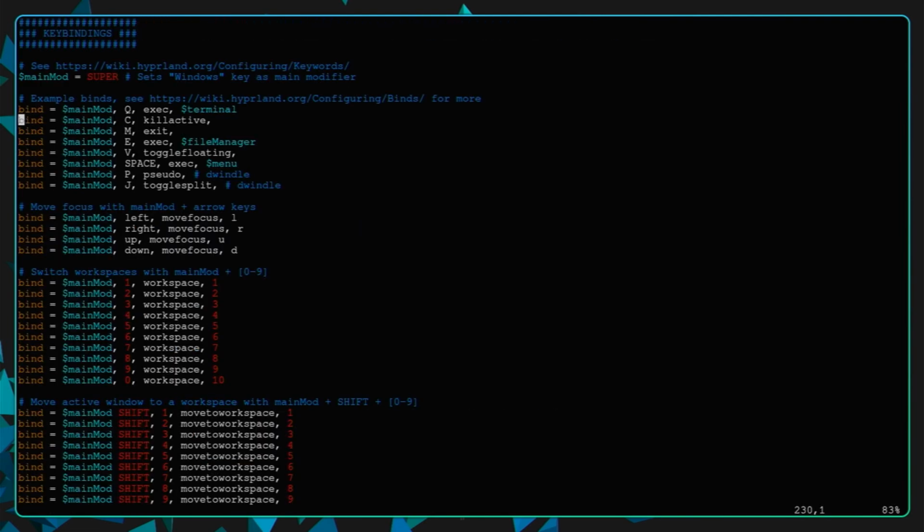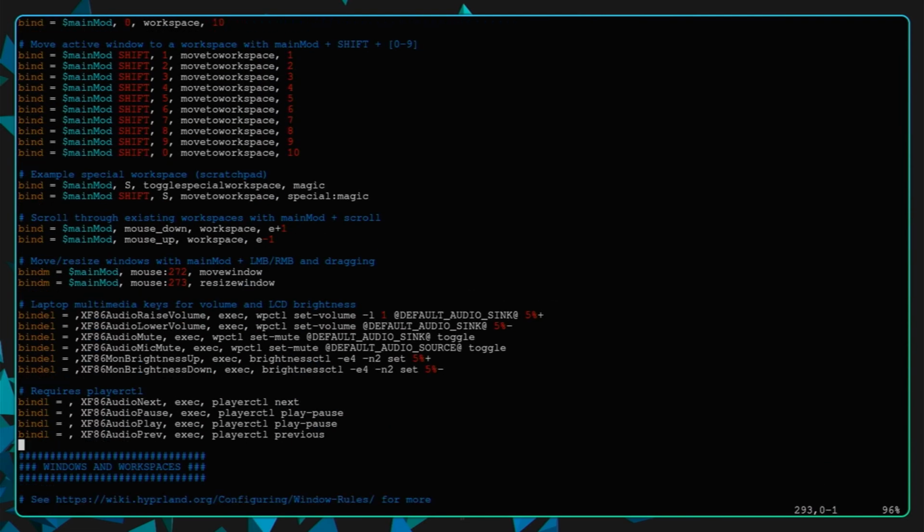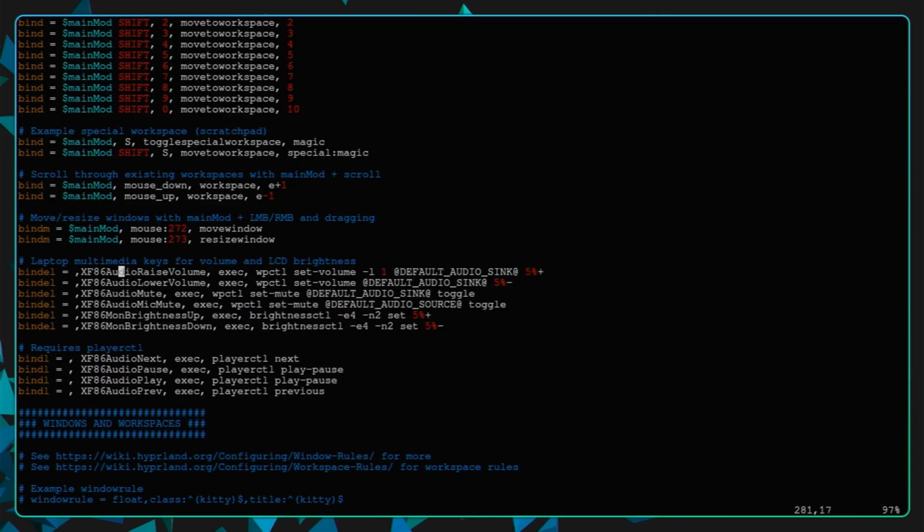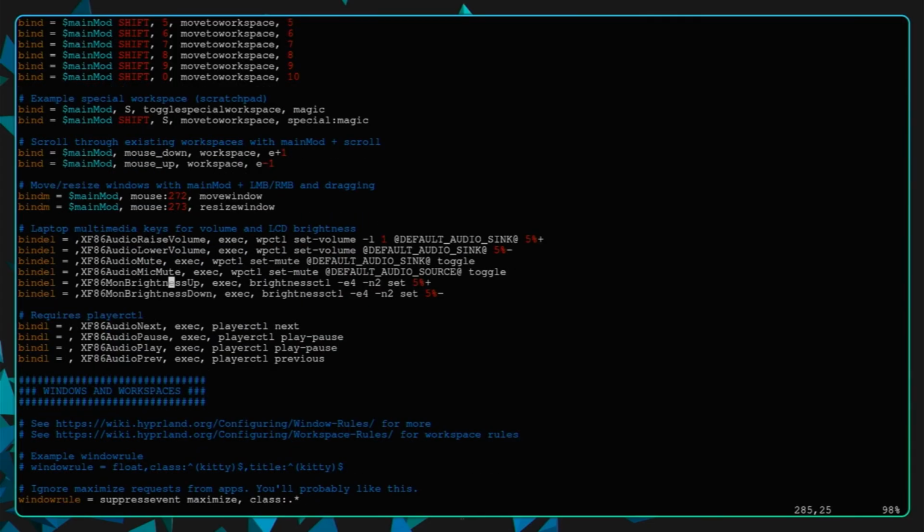Okay. Now we need to go check our keybinds again here in the hyprland.conf. Here they are. And we're going to look for, right down here, this section, XF86 audio. This is for audio. And right down here is for brightness. You see it says bind 1 XF86 monitor brightness up. If I press the function key and my brightness, oh, you can't see it because it's on the capture card,